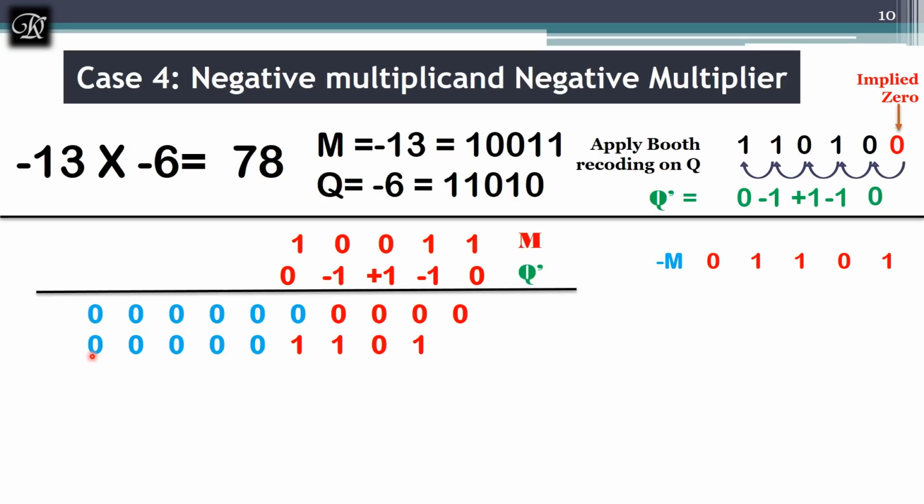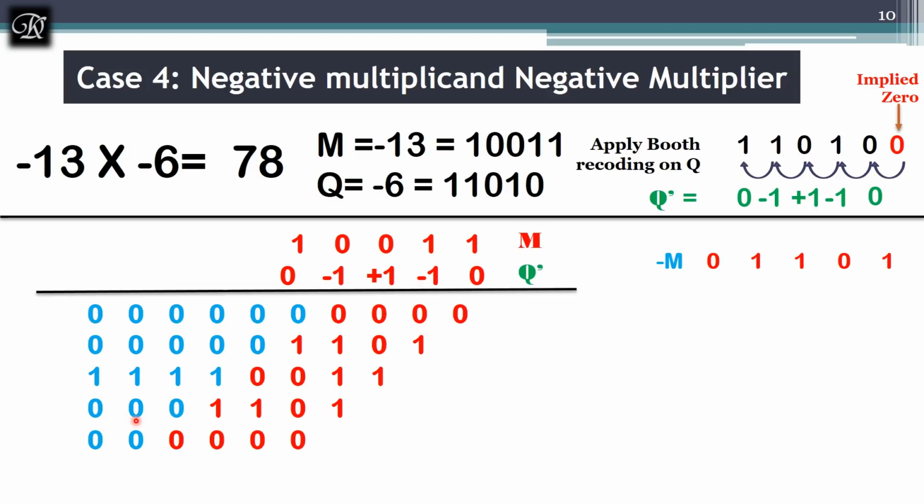Positive 1 means it is going to multiply positive 1 with the negative multiplicand. The answer is negative only. So I got negative 13 as the answer, and the sign bit of that is 1. So the extended bits are 1 1 1. Next I am going to multiply the negative with negative. I should get the answer positive. So I got the positive, the sign bit is 0 and the extended bits are 0. Next I am going to multiply with 0, so the answer remains 0.